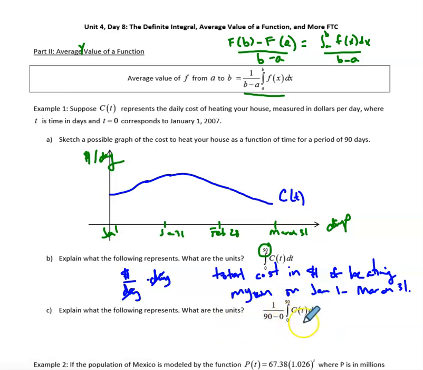So I've taken the total cost here from 0 to 90, the integral of big C is the total cost in dollars, but then I'm dividing it by those 90 days again. So the units once again become dollars per day because I'm taking the total dollar cost and dividing it by the number of days. This is going to be the average cost per day, in dollars per day, of heating my home